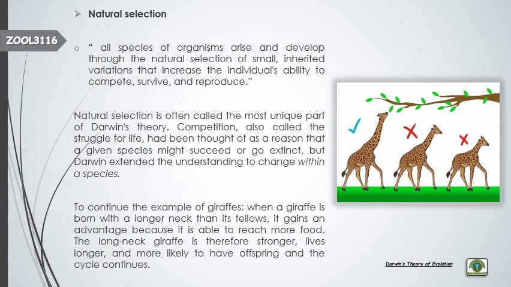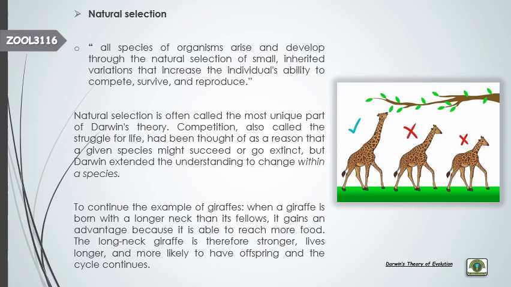Okay, natural selection. This is one of the most important ideas of Darwin, on which he proposed another theory, the theory of evolution by means of natural selection. What is natural selection? Natural selection is the adaptation of the individuals or population to their environment. They adapt themselves to survive better in the environment, and to produce offspring in that environment. So this is what natural selection is. Nature selects the